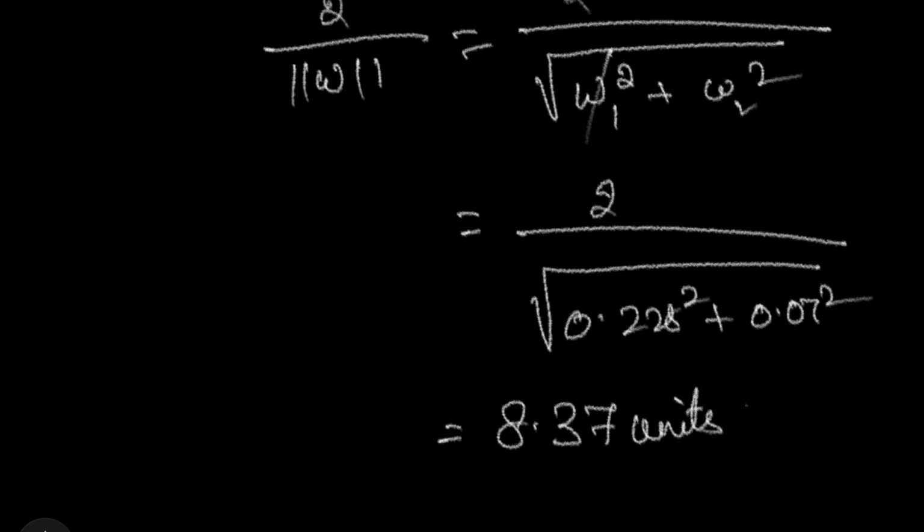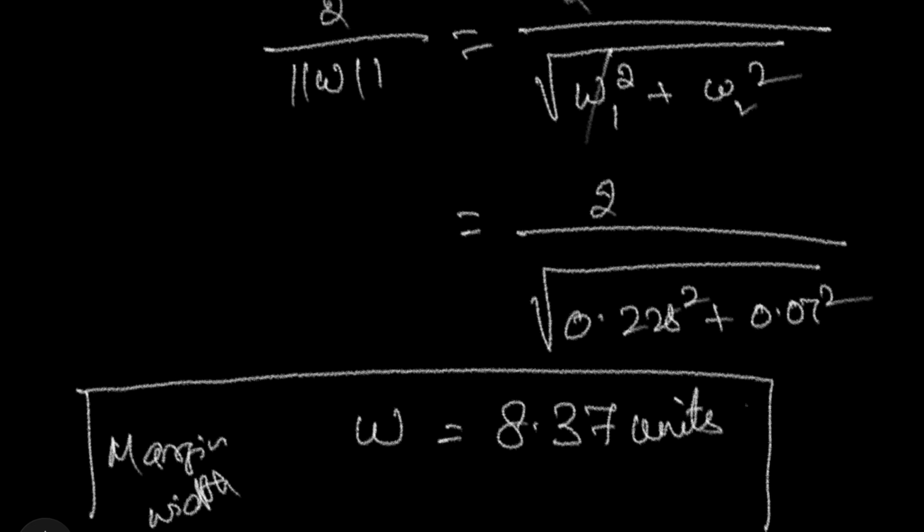8.37 units. So this is nothing but the margin width. As I already said in the previous video, the margin width should be the longest, largest width will be freezed as a margin width in order to make your classification very clear and accurate. So according to the given samples, the margin should be freezed with